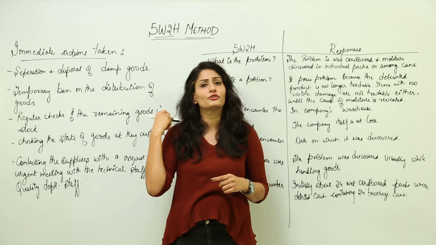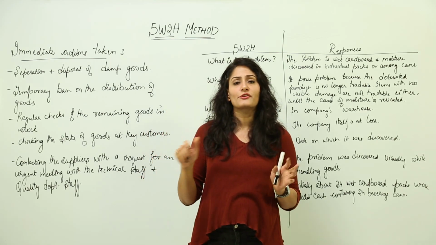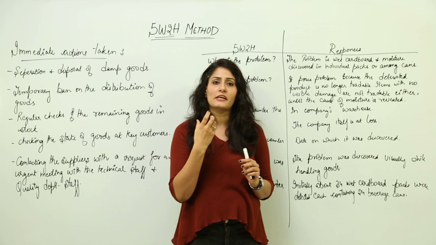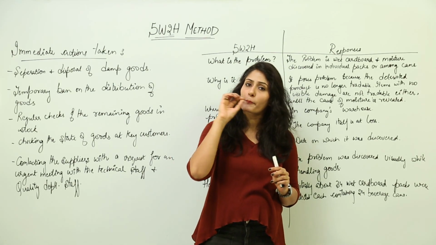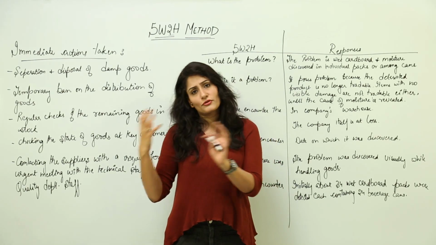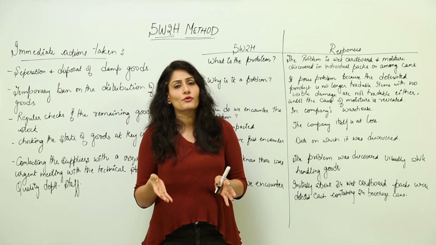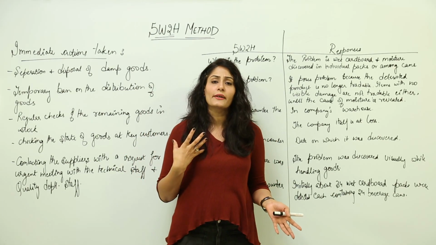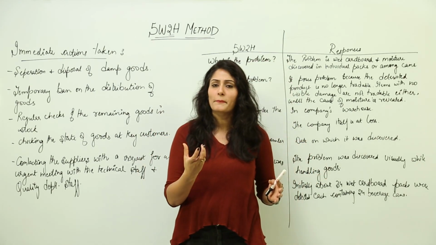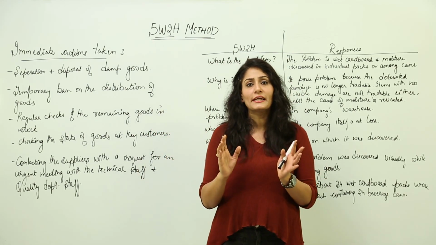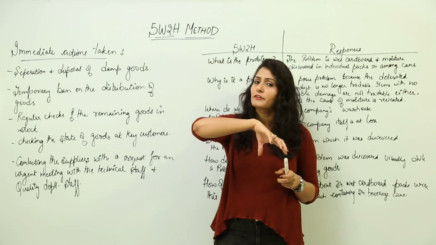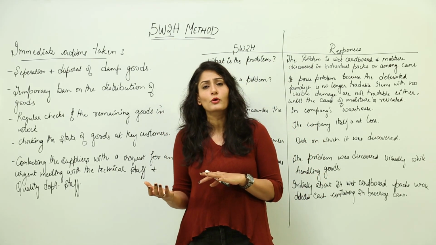So the first thing they needed to check was the aluminum sheets which were being used to make the can bodies, right? It was very essential to check whether they were of appropriate thickness, or whether the material was good enough, or was it a mixture of some other elements which were leading to corrosion of the cans and oozing of the liquid. And then the second thing they checked was how the body of the cans was made, whether it was totally defect free, and how the lids are made and how they fit together, because if the lids are not fitting the body, obviously then also liquid will ooze out.